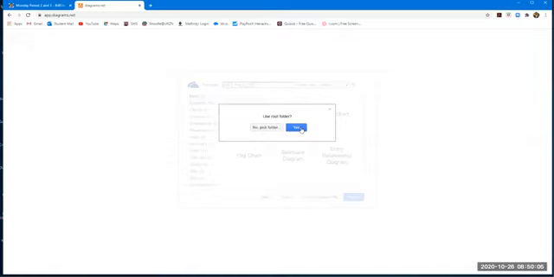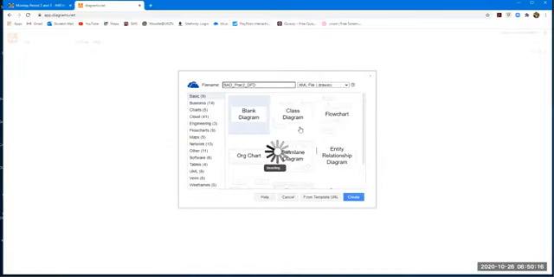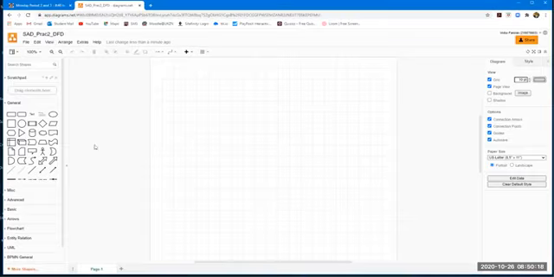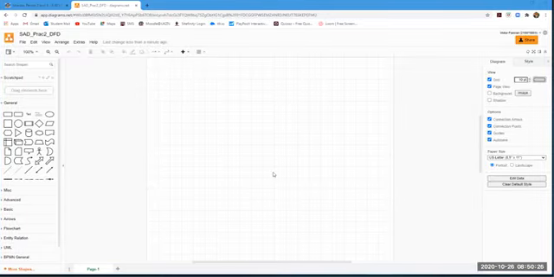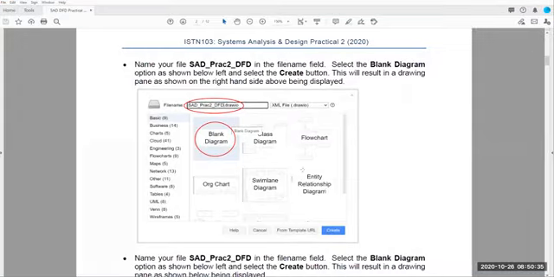For the purpose of this practical, I am just going to click yes to use the root folder of the OneDrive without selecting a specific folder within the drive. So select yes, and as you can see, after selecting yes, then you should have